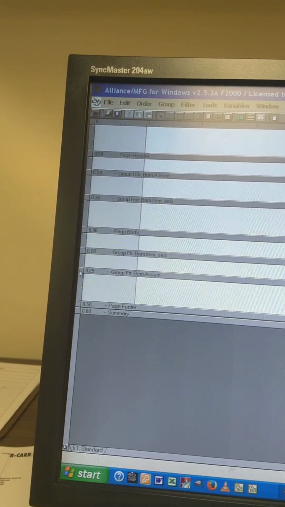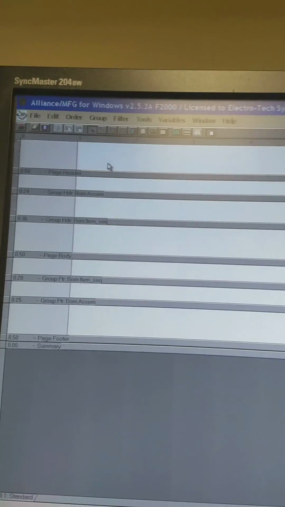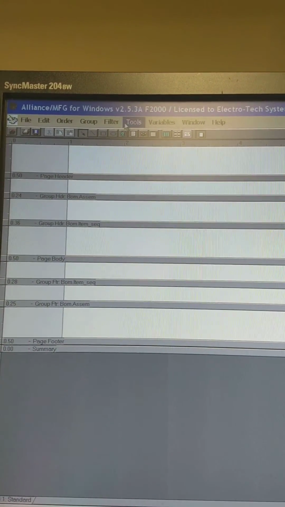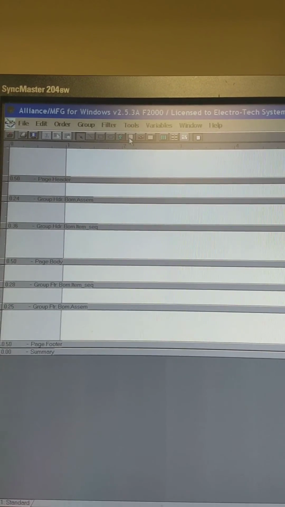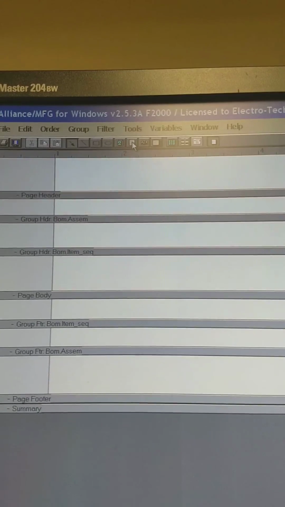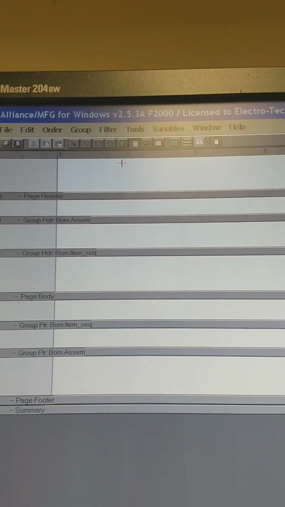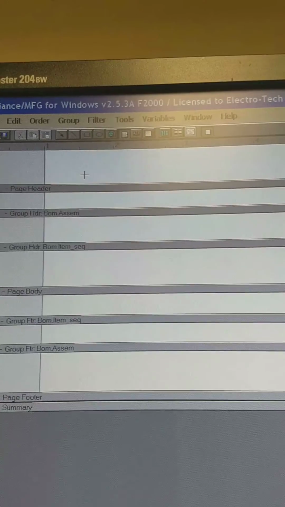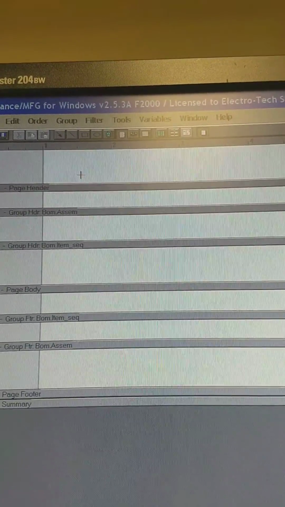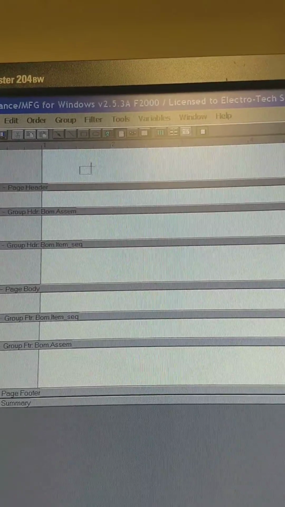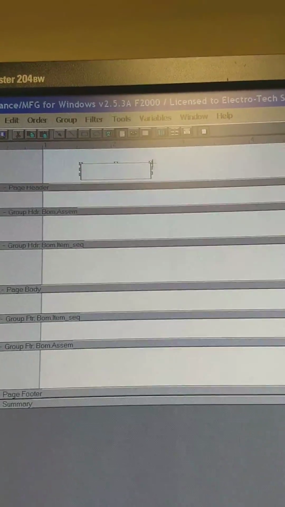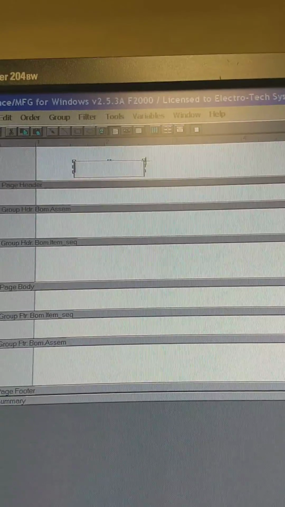fields now. So what we're going to do, we're going to add something to the header field. Now here we have our buttons up here we can choose from. Now what I'm going to do is select this one. This button here is a text field, so I'm going to select text field, and it gives me a little pointer here, and I can add anything I want. So what I'm going to do is click the mouse and drag it, and normally opens up a box. Once you let go of it, it allows you to edit it since it's a text box. So we're just going to put